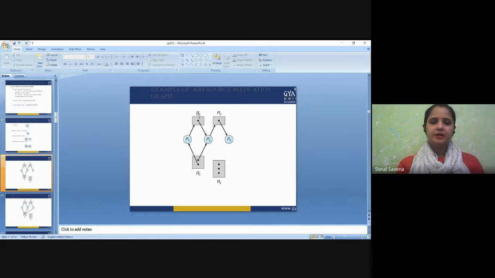Here you can see there is a difference between the R1 resource and R2. R1 has only a single instance and R2 has two instances, which are distributed. Let us assume R1 got one more instance, then this problem of P1, P2 has been resolved, right? And there you can see another resource R4, which has three instances, but this resource is not requested by any other process. So this is how you can represent this resource allocation graph.